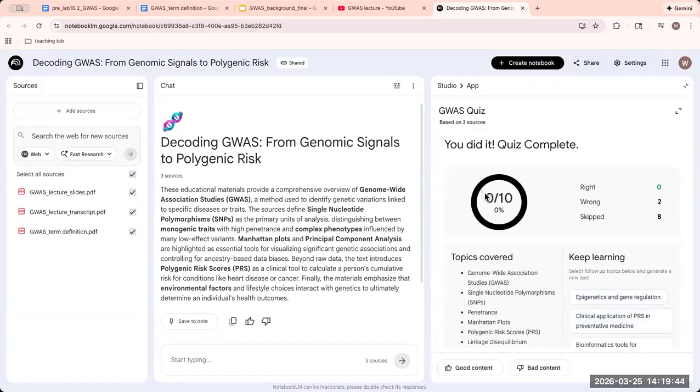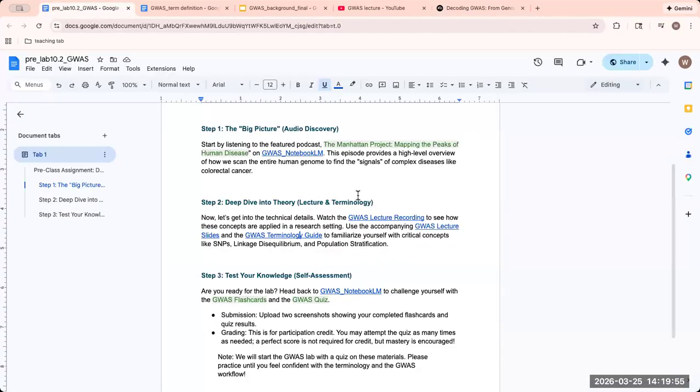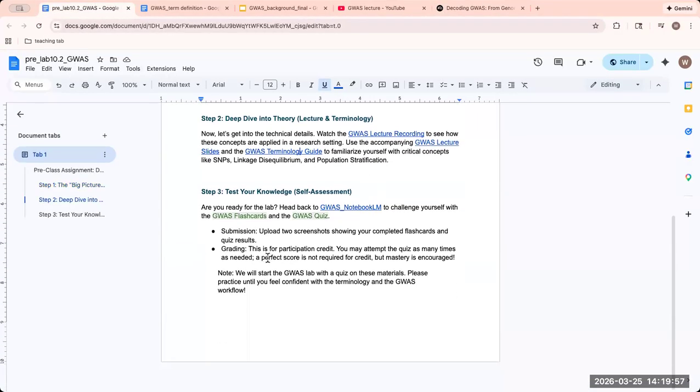Right, so over here, please also do a screenshot. Right, so you can attempt this quiz multiple times. For the assignment purposes, you are required to submit, right? So upload 2 screenshots showing your completed flashcard and quiz results. This is for participation credit,